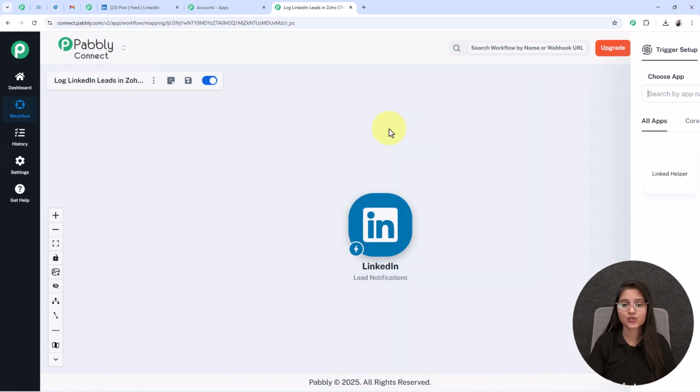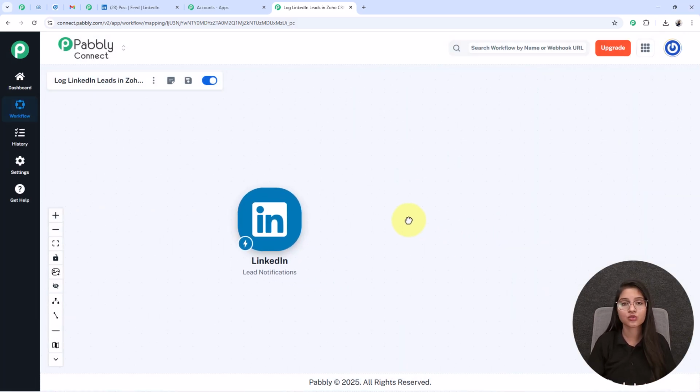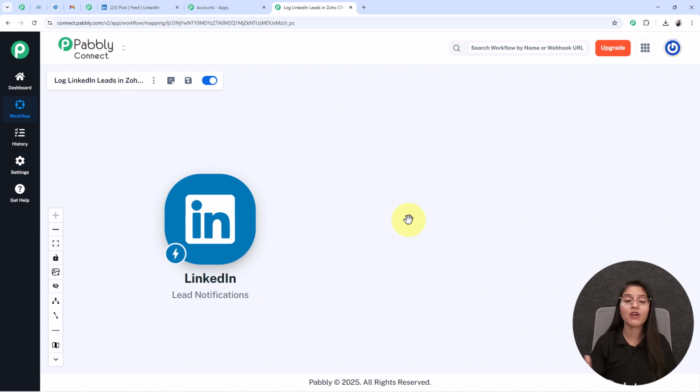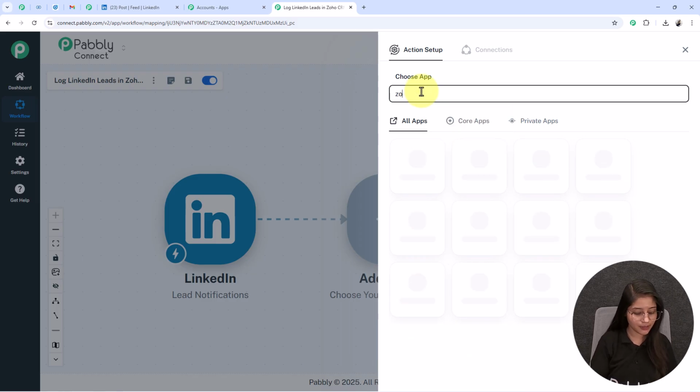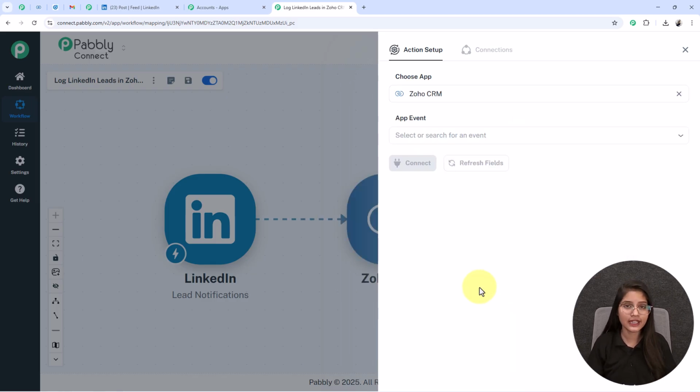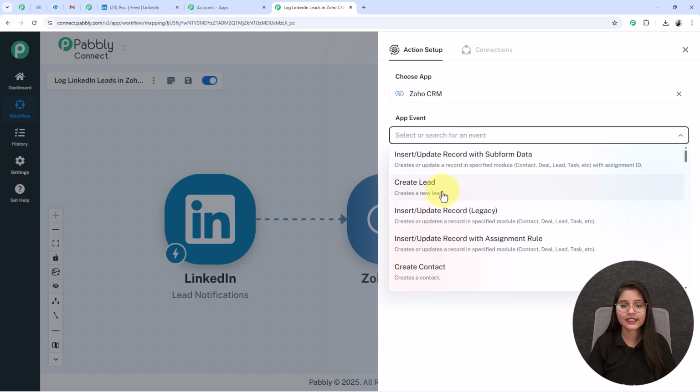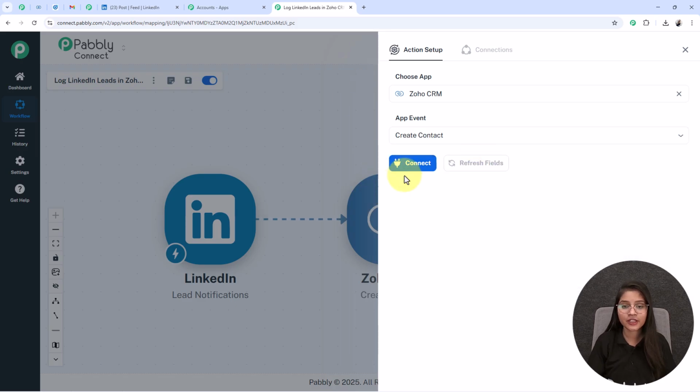After that I am going to select my action application as Zoho CRM, because whenever a new application comes through my LinkedIn lead ads, then automatically I want to create a new contact in my Zoho CRM. For that I am clicking on this plus option. Here I am searching the app as Zoho CRM. Here I selected it. After that the app event I select as create contact and I am clicking on this connect